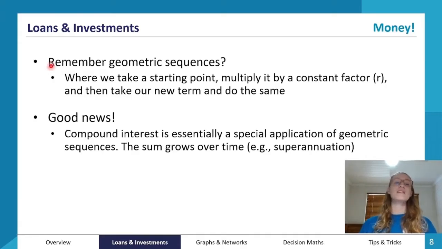So geometric sequences is where we take a starting point and then we multiply it by a constant factor, which when we're talking about geometric sequences, that's r, and then we take our new term and do the same. So we take our starting point, which for example could be the number 3, and then we multiply it by a constant factor, which could be the number 2, for example. So we take our starting point, 3, multiply it by 2 and get 6, and then we times that by 2 again and get 12, times that by 2 again and get 24,